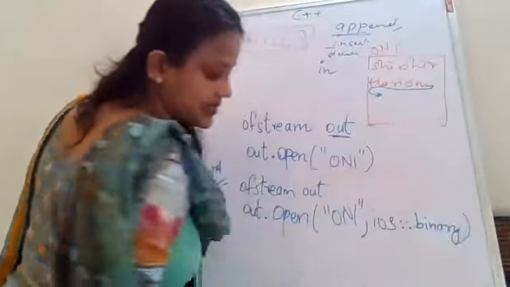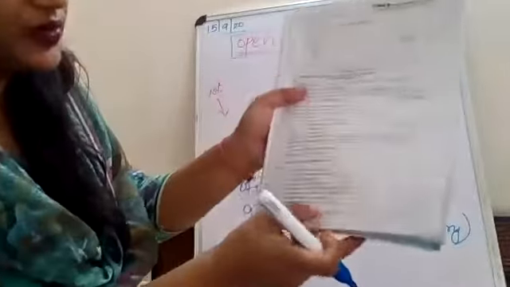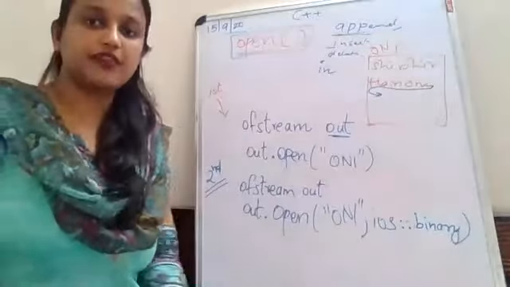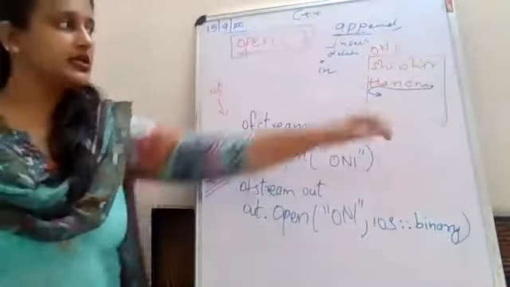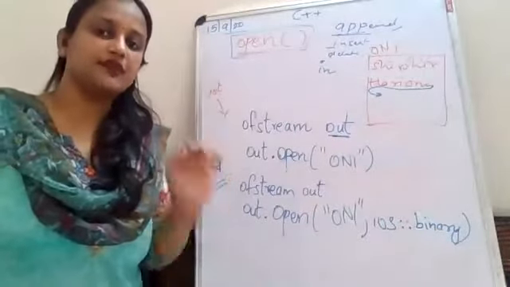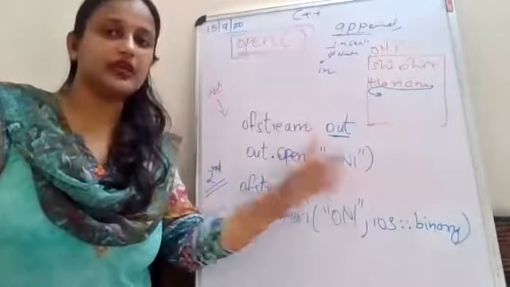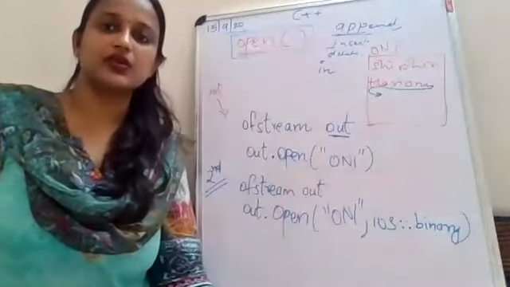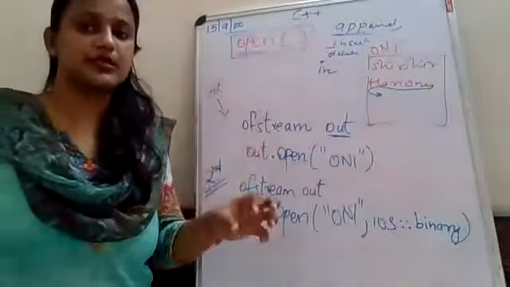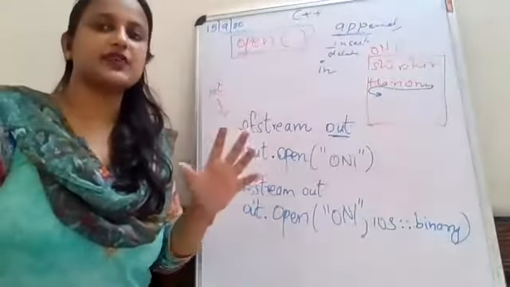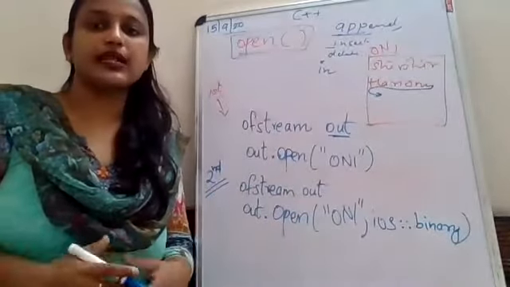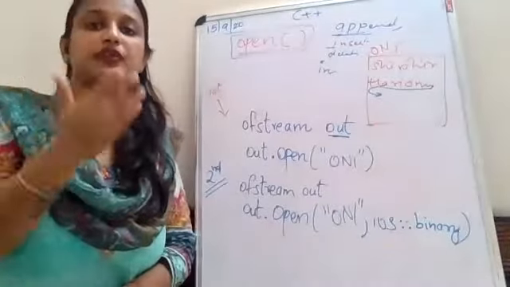So in the notes it is very nicely given that there are 8 different file modes in which you can open this particular file. There are 2 ways to open the file. First, you just open the file without giving any mode, so by default it goes in write mode, append mode. And if you want a specific mode, there is also noncreate. Noncreate means you cannot create a new file.